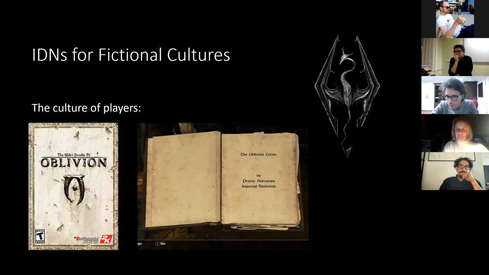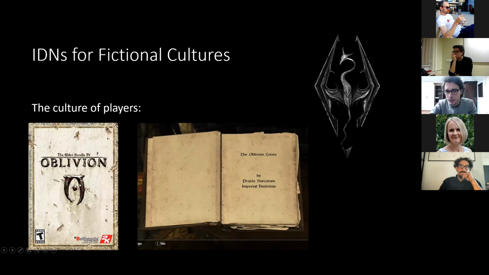So the book, this book here, it's inside Skyrim. If you notice, there is an explanation of the interaction mechanism here. So you can turn the pages of the book here. This book, the Oblivion Crisis, is actually a report of what players played in the previous game, which unsurprisingly was called Oblivion. And there are in the book even some blank spots where the narrator says things like, so this was not reported, but